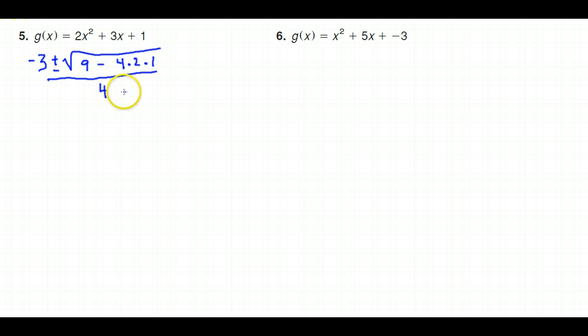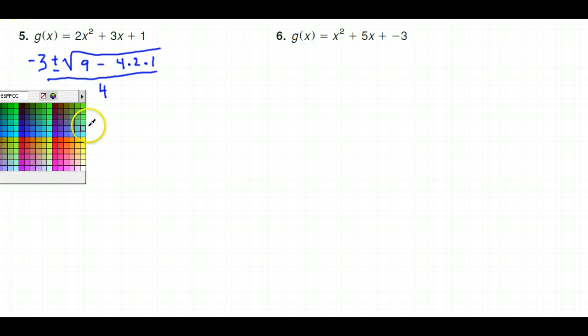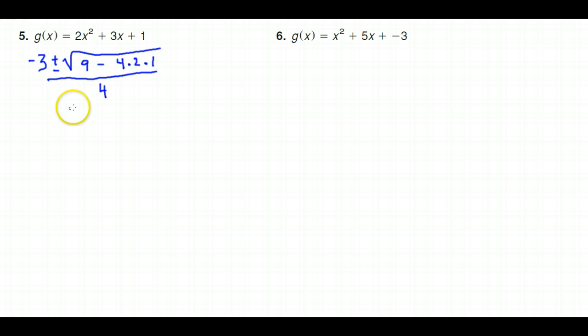Now something a little different is going to happen here. When I calculate the value underneath my radical and I subtract 4 times 2 times 1, which is a value of 8, if I subtract that from 9, I'm going to get 1,